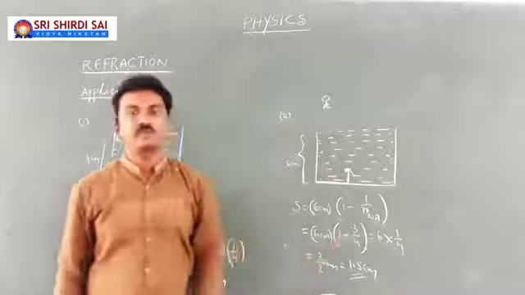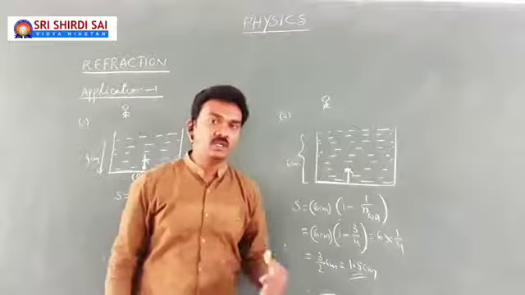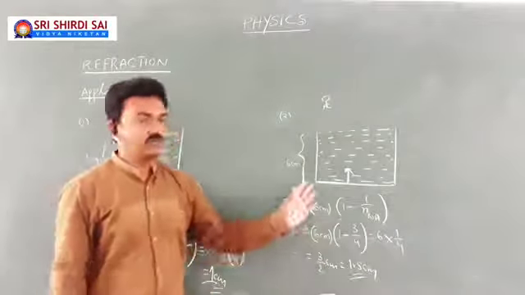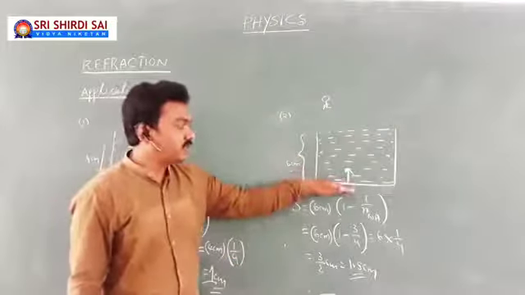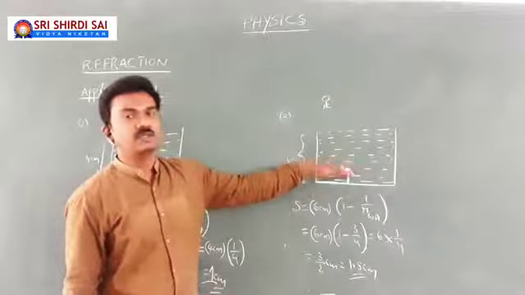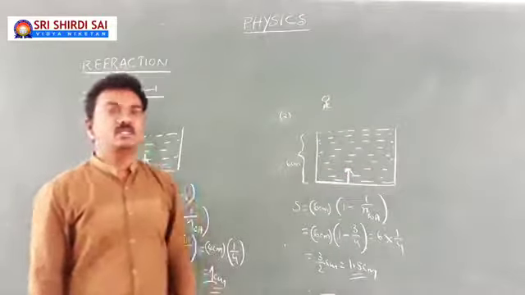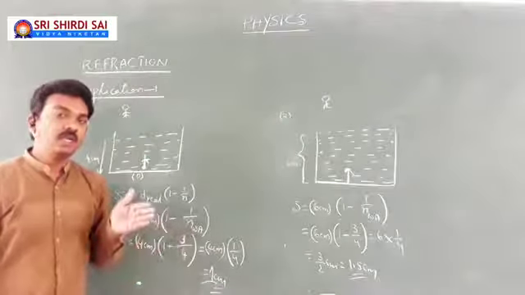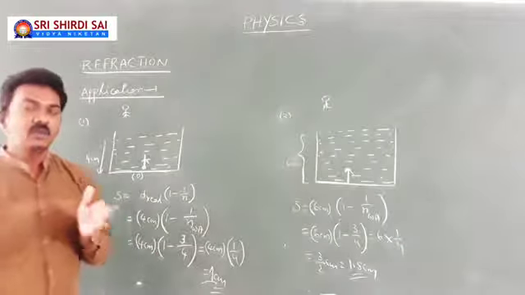Because 6 minus 1.5. Or the observer may say that the vessel is filled with water up to a depth of, sorry, 4.5 centimeters only, not 6 centimeters, because the base of the vessel will have a shift when seen by the observer through the water. So this is how there will be numerical analysis on the apparent position of the image seen by the observer.